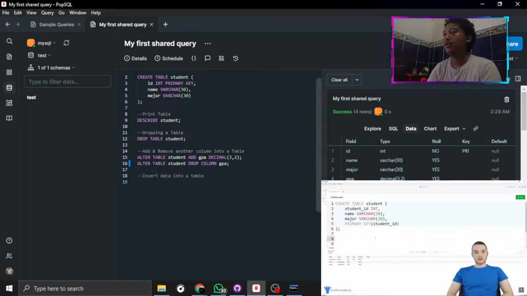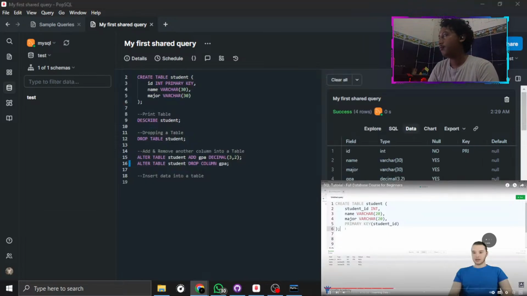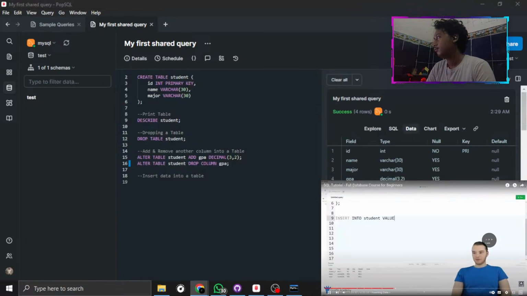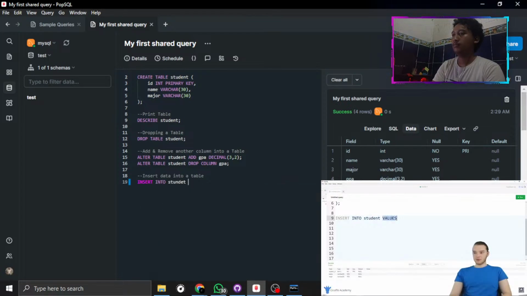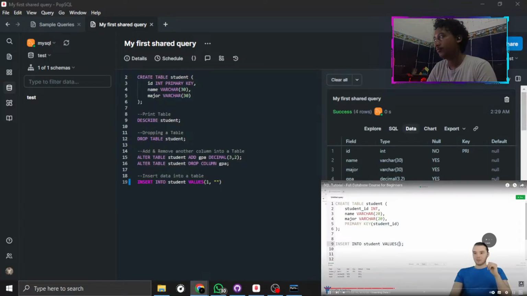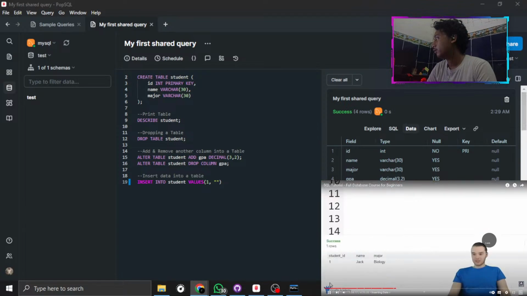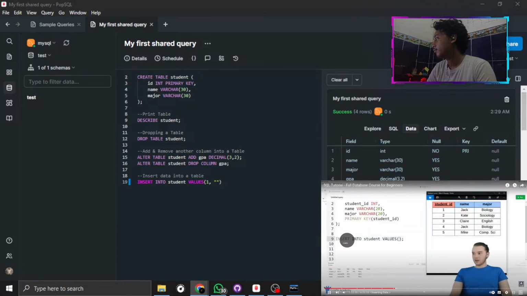In this tutorial, I'm going to talk to you guys about inserting data into student tables, then type out values. So basically we're saying insert into the student table the values, and then over here I'm going to make an open and close parentheses and a semicolon. So now this is actually a full statement. So remember, we need to end this off with a semicolon. Inside of these parentheses, I can set up the student. First thing we want is in the same